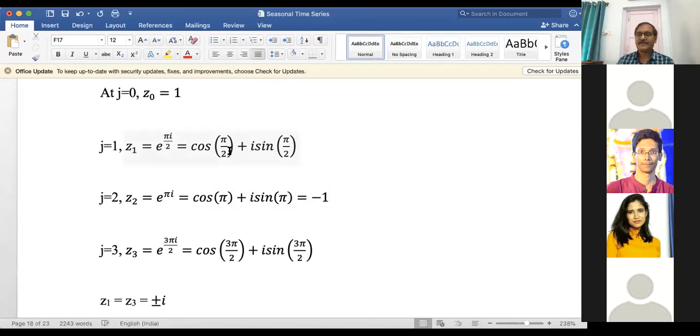What is the value of sine 90? The value of sin 90 is equal to 1. Okay. Do you hear me? Yes, sir. Okay. So at j equal to 1, cos 90 is 0, sin 90 is 1. So what will be the value of z1? It will be equal to plus i. Okay, this part becomes 0, this part becomes i. So value of z